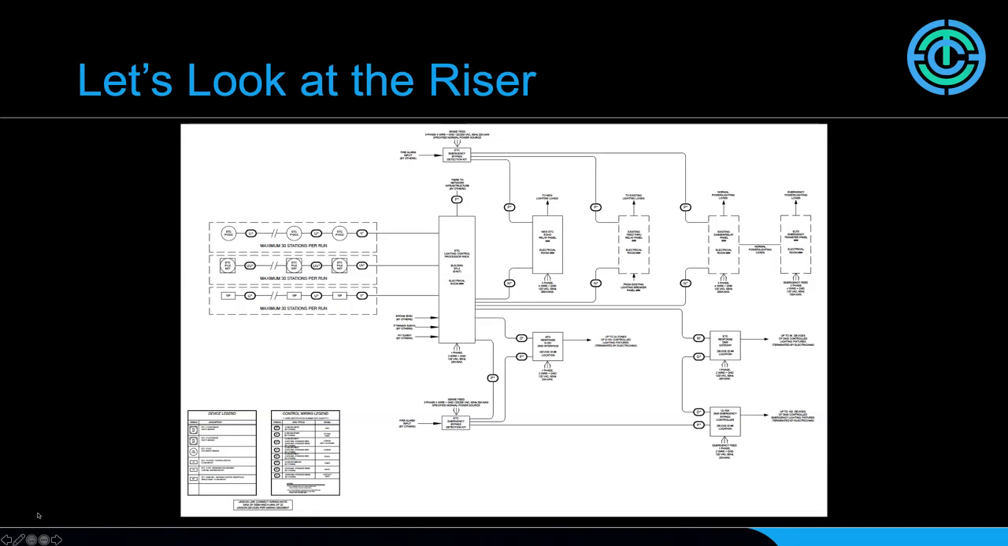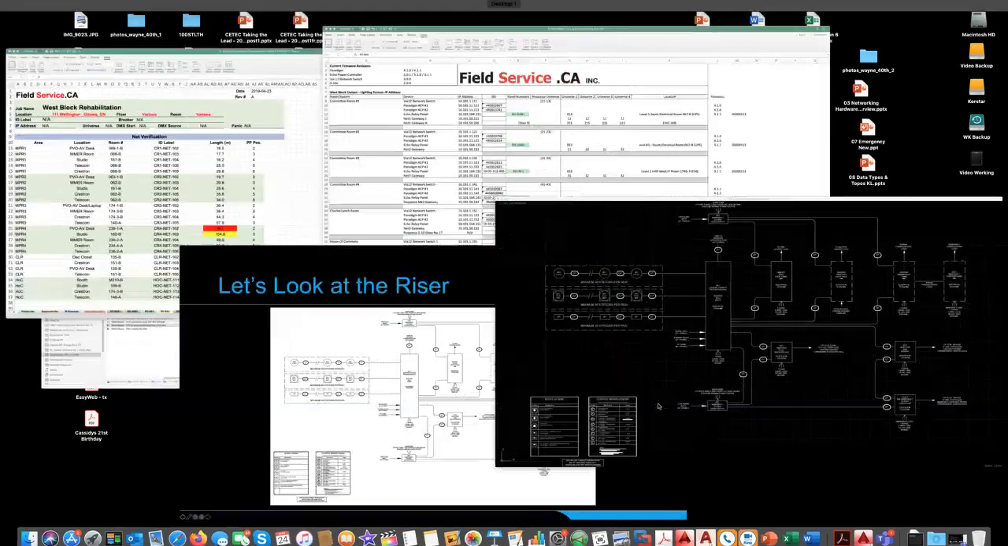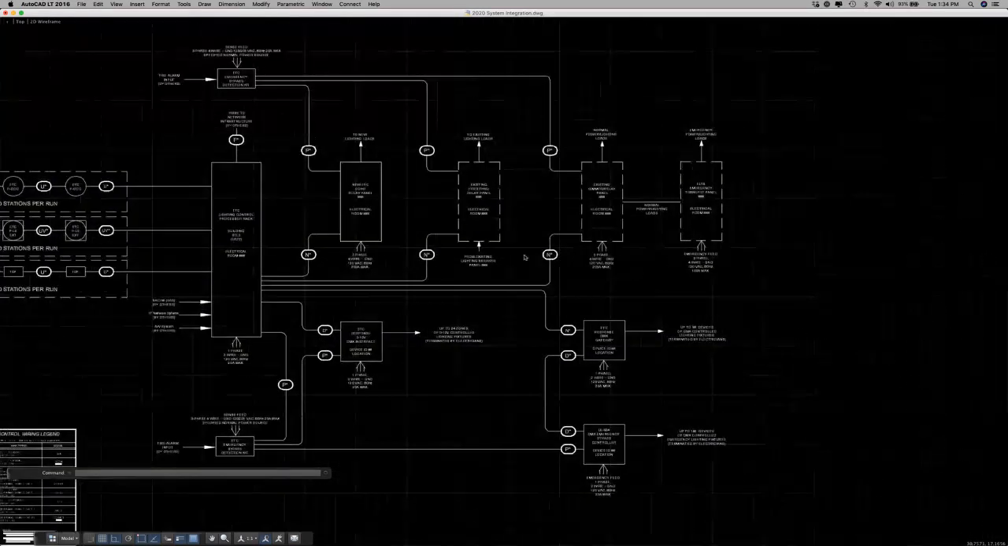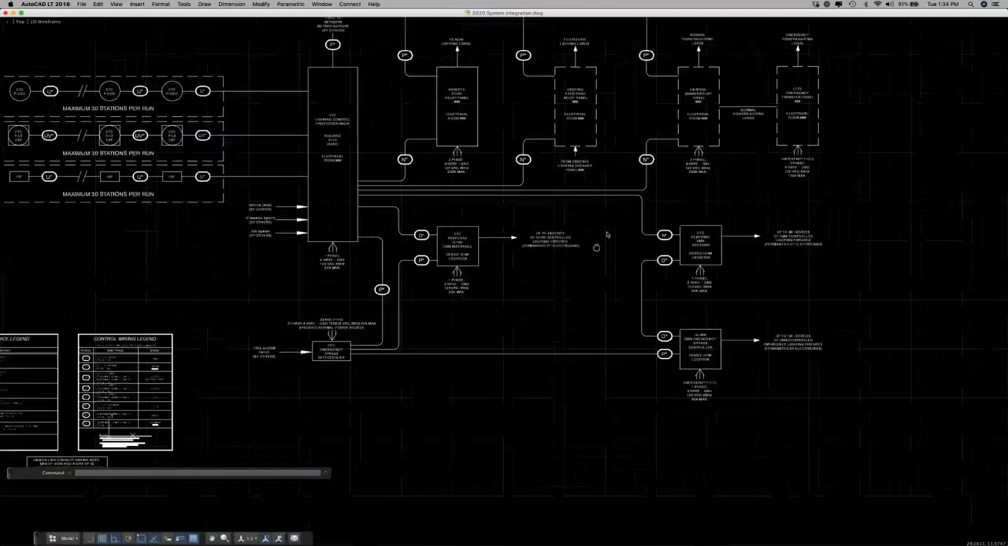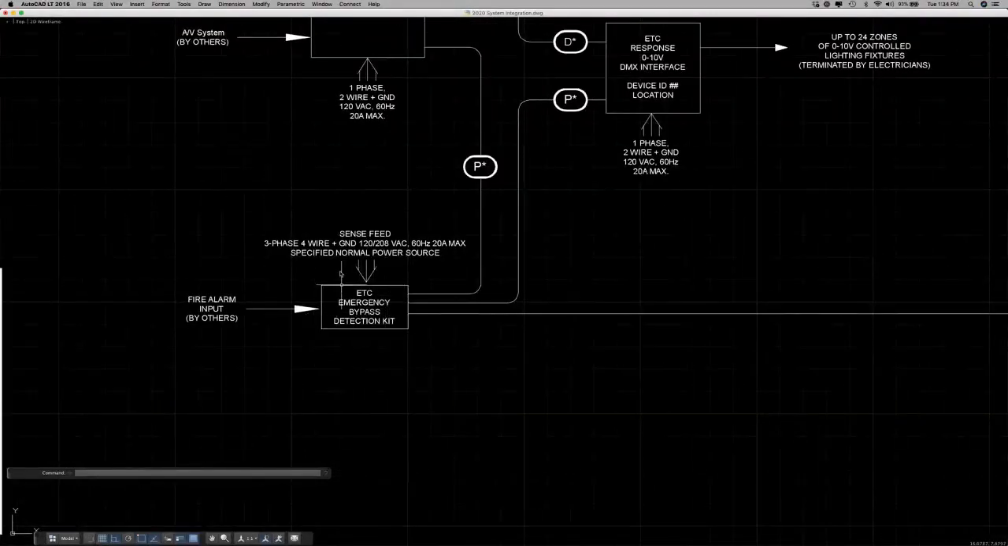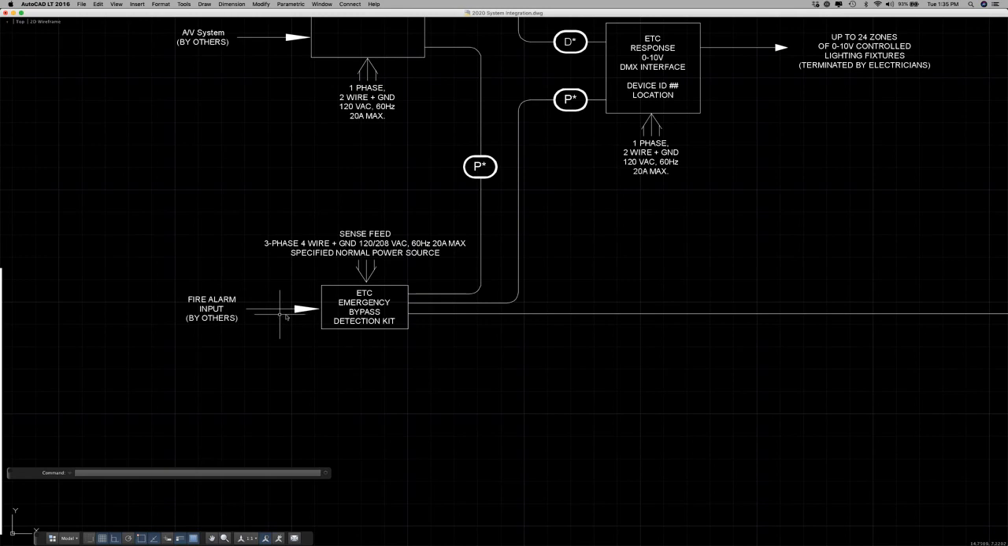All right, I'm going to jump over really quickly and look at a riser. So this here is our sample ETC control riser, and I just want to highlight a few items on it. So let's talk about how that emergency EBDK works. Our EBDK would be positioned here. It would be fed with a sense feed from normal power. It would also take a fire alarm input, and then it provides what we call panic outputs to